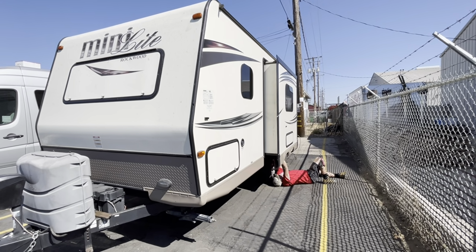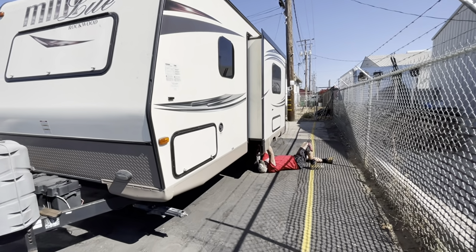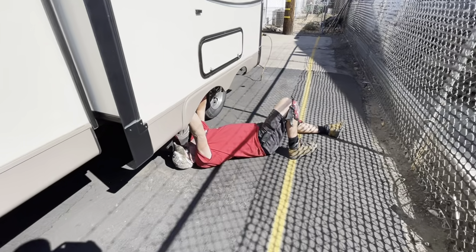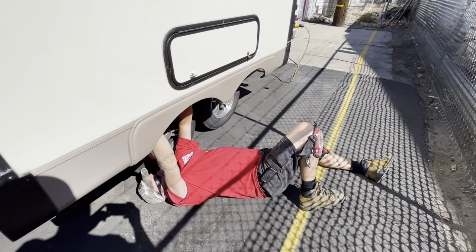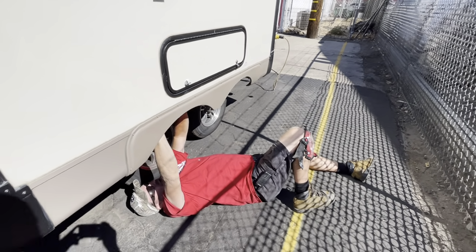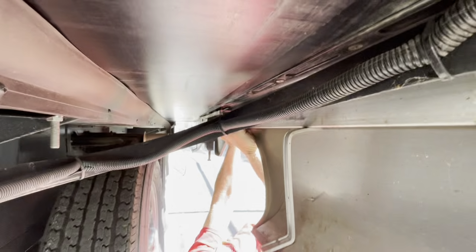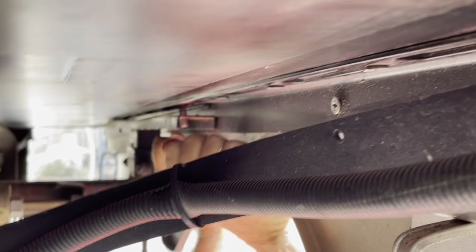So today we're looking at our 2016 Mini Lite Rockwood by Forest River. And hey Terry, what are you doing down here, man? I had the slide out and found a missing bolt on the main bracket under here. I was wondering why his floor was... Oh yeah, so the